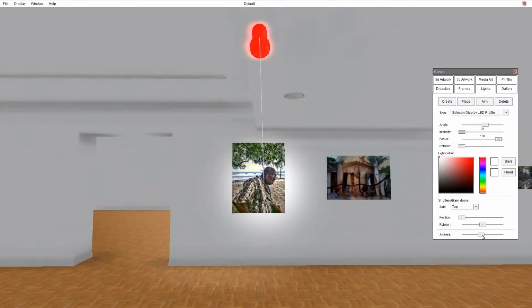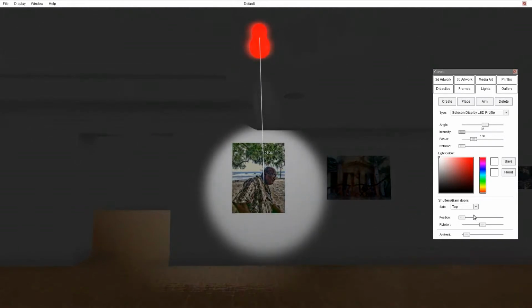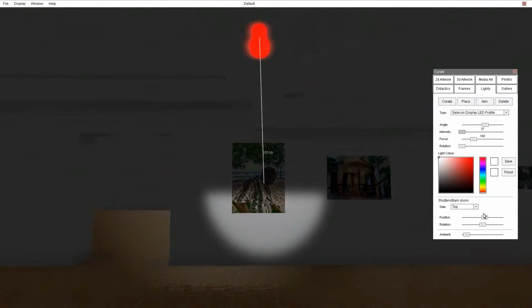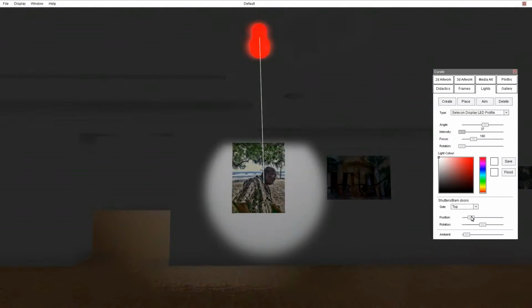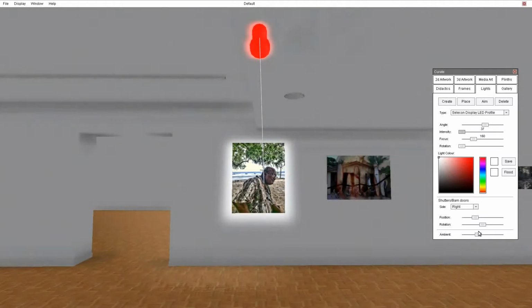So once again, let's just drop the ambient light. Let's make the focus quite sharp so we can see what's going on, and we can now adjust the position of our light. So I'd like it to start just at the top. I also want the bottom shutter to come up somewhat, so I'll bring that up to about there. And I want the same to happen with the left and right shutters. So now if we bring our ambient light back up, we can see that we've quite clearly lit this particular